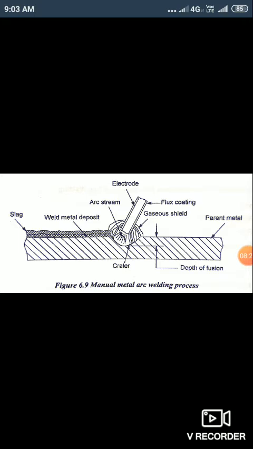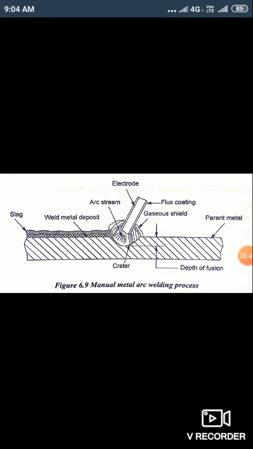Potential electric shock occurs from open circuit voltage. And ventilation must be provided when welding in confined spaces using shielded metal arc welding. Applications. Okay, let's move on to applications.